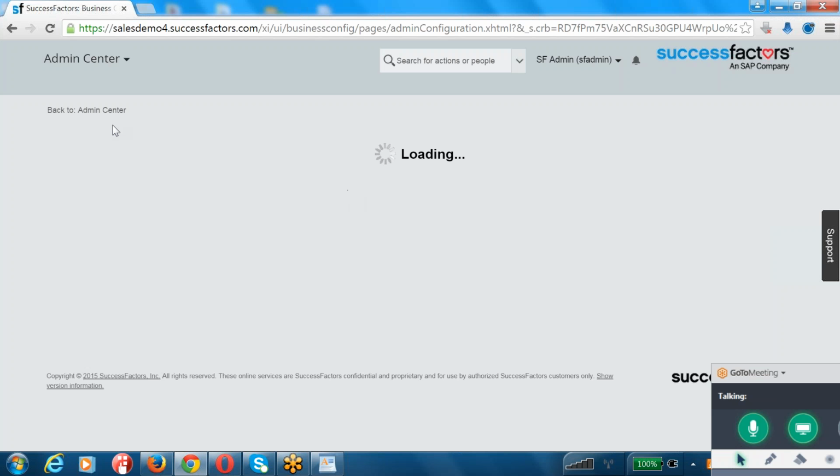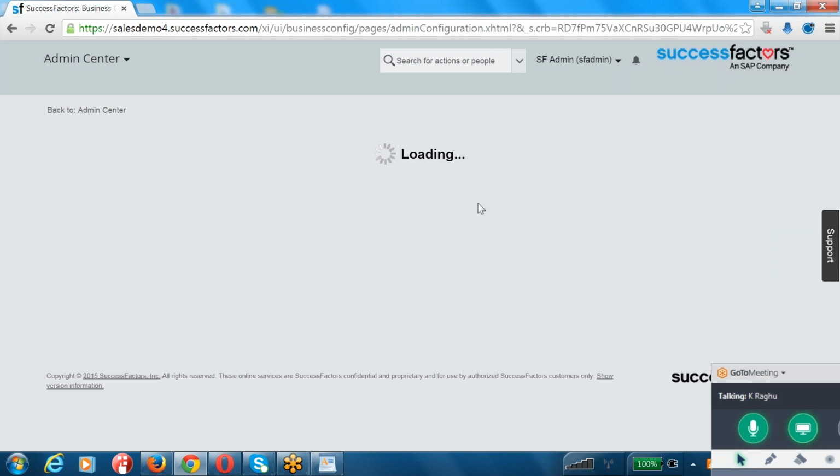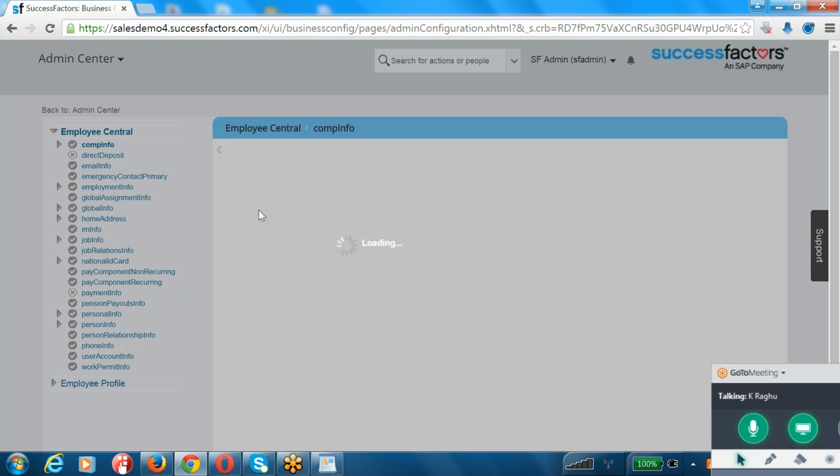So this business configuration, guys, I'm trying to open that. What is the use of the business configuration? If you remember, when we were in the talent management system, in order to modify the employee profile, we basically worked on the succession data model, the XML file. So instead of working on the XML file in your employee central system, we have the business configuration UI, and using this business configuration UI tool,